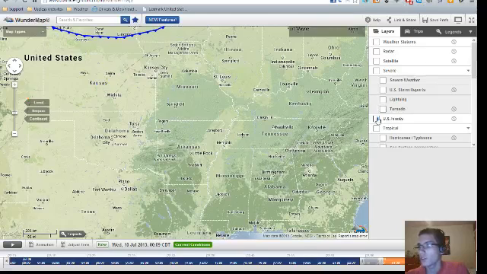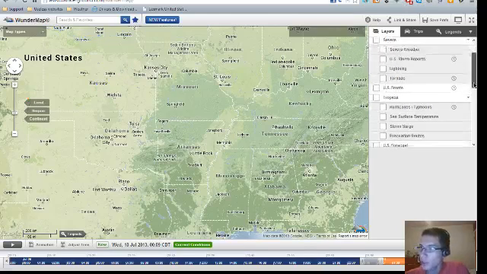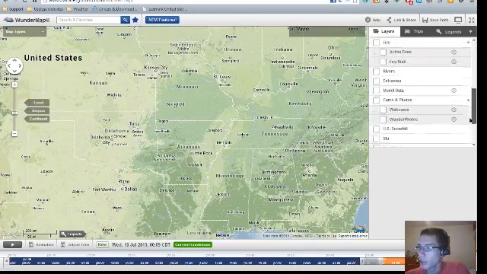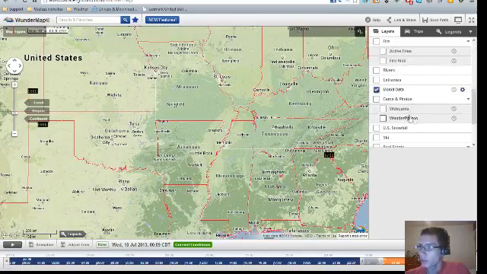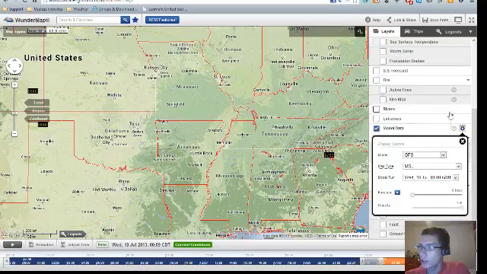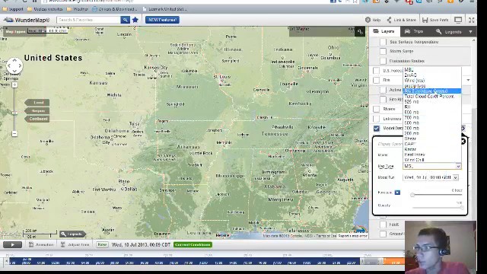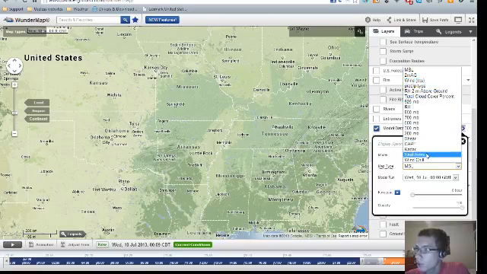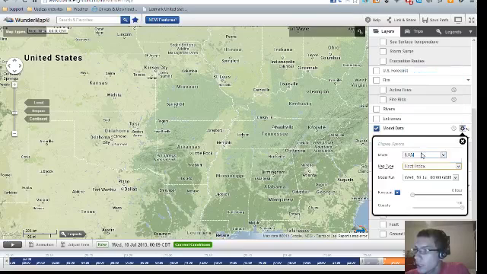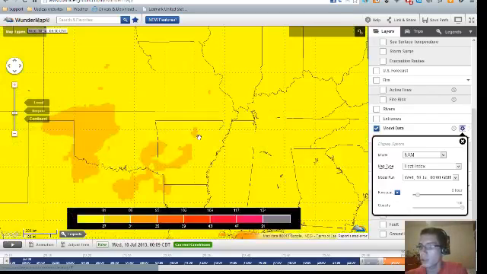Alright. Temperatures. Let's see what our temperatures may look like. Model data. We're going to go NAM models, and I want temperatures. Oh, heat index equally as effective. Buttons here. There we go. Wow.